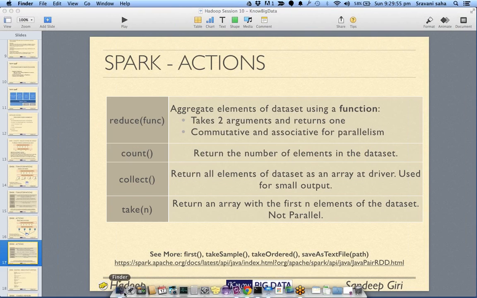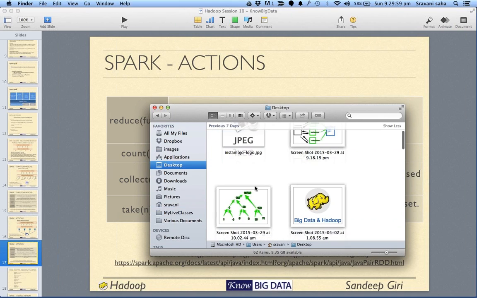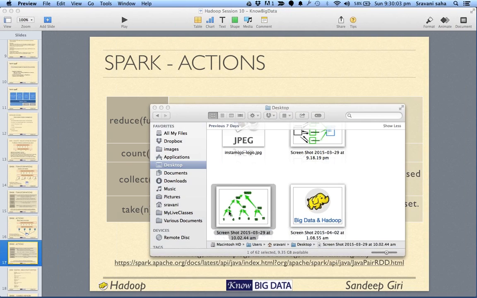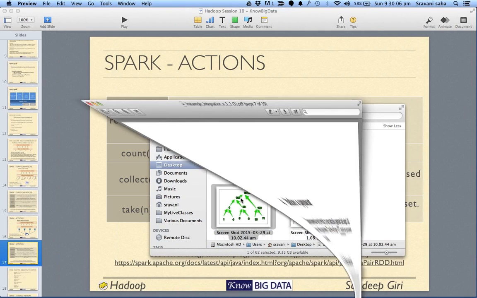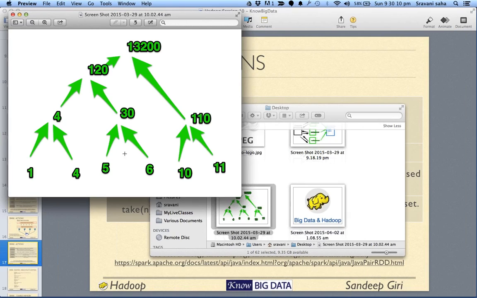I'll just go through it quickly. So here, two values are being converted into one, and this is what the reduce function does.